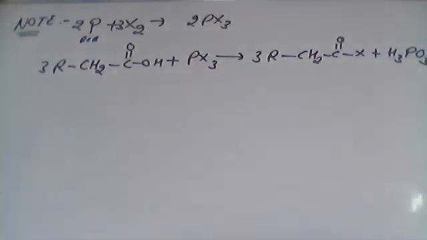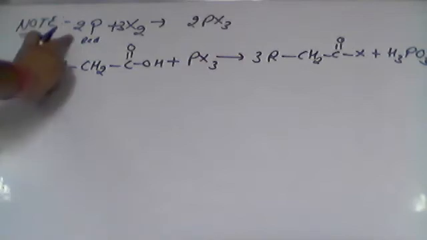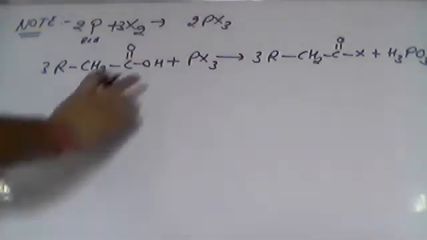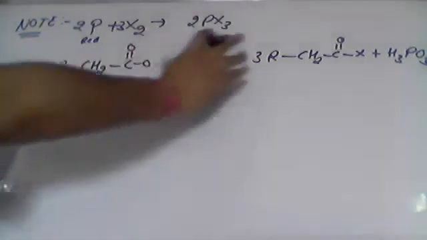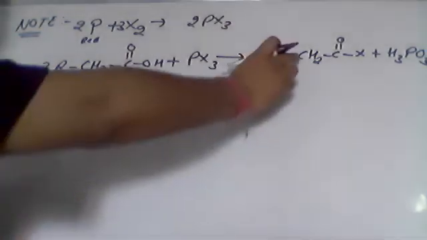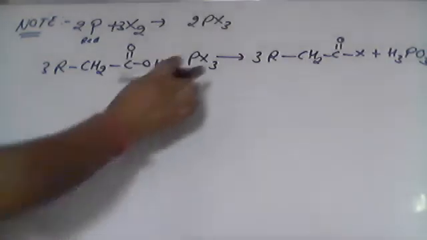We are discussing the role of red phosphorus. First thing, red phosphorus reacts with the halogen to form the phosphorus halides. This phosphorus halide reacts with the carboxylic acids to basically make the acid chlorides. There is a formation of acid chlorides. Now this acid chloride that is formed undergoes halogenation, substitution at the alpha position. After this, what is going to happen?